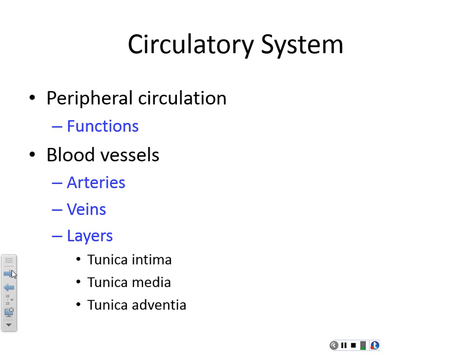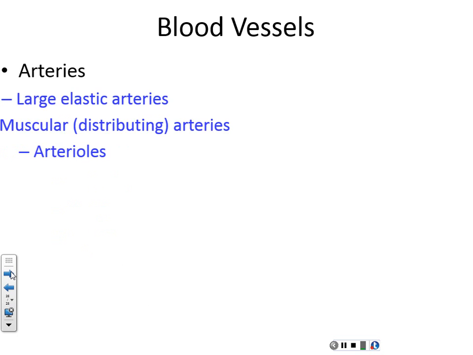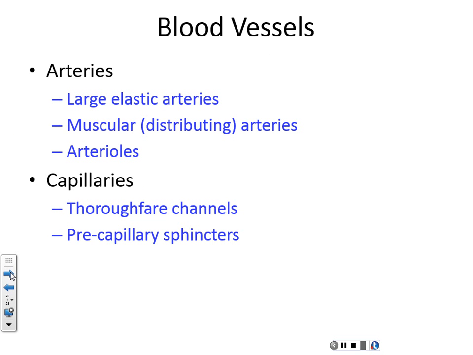Three layers as well: intima, the internal layer, the middle layer, and adventitia, or connective tissue on the outside. And then you gotta know the differences in the layers of the arteries, the elastic and the muscular, and what differences occur in these layers. The name of it tells you what it is. The elastic ones, of course, recoil, and these distribute and manage the pressure, and the arterioles, of course, and the